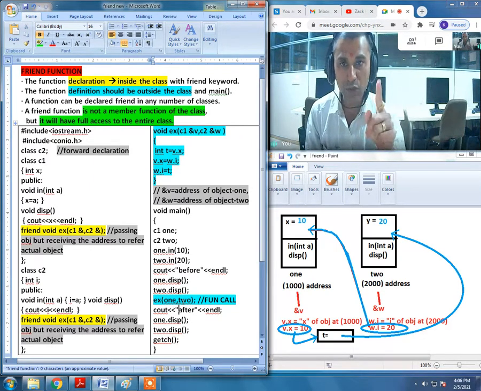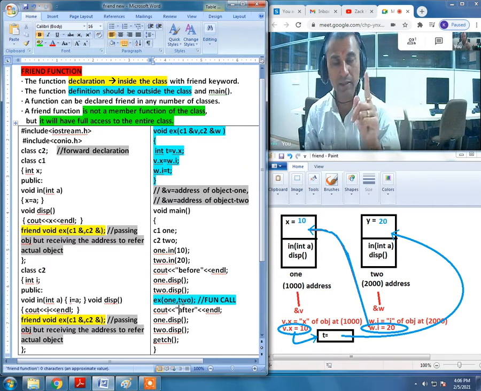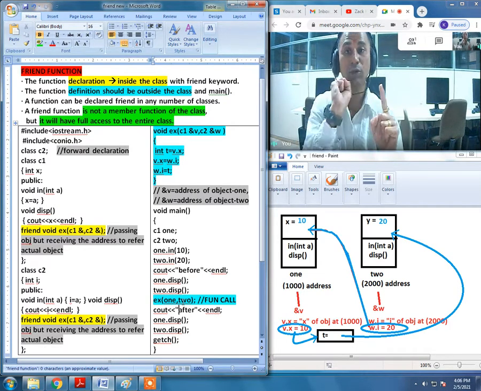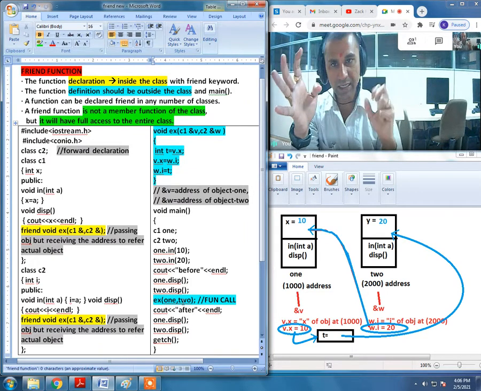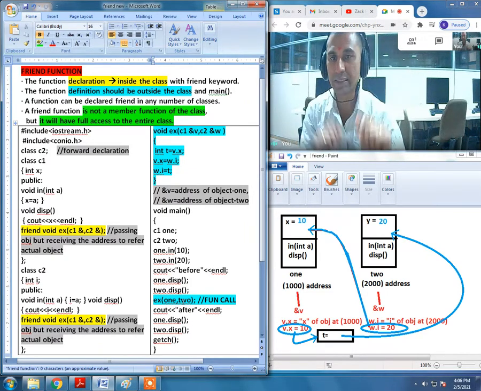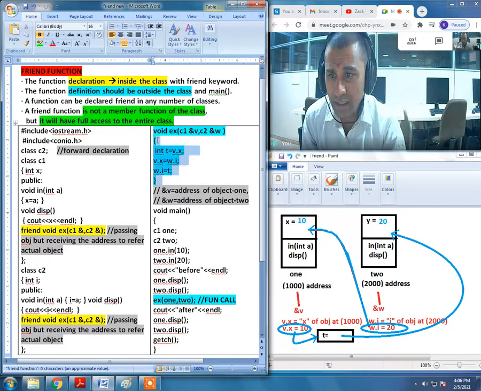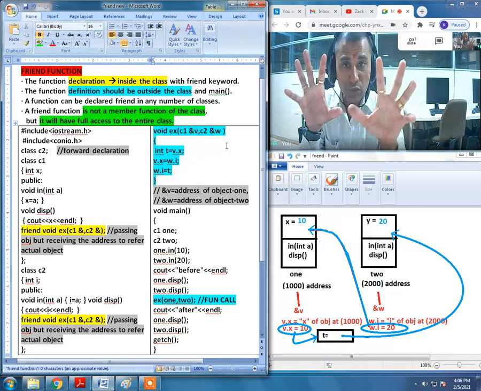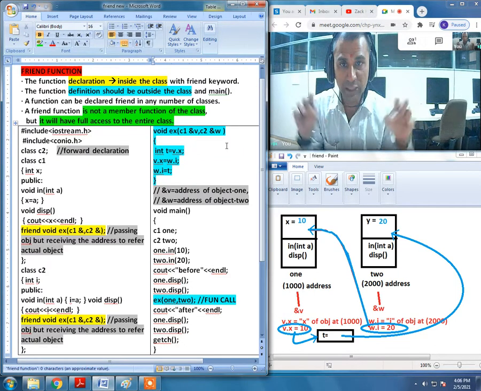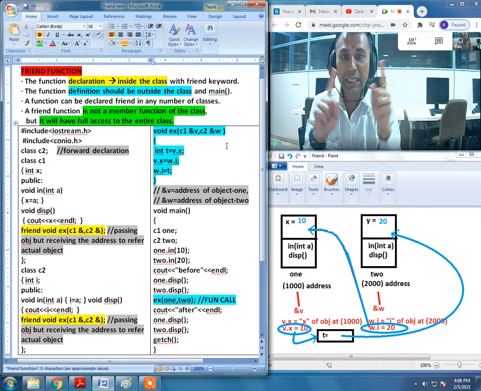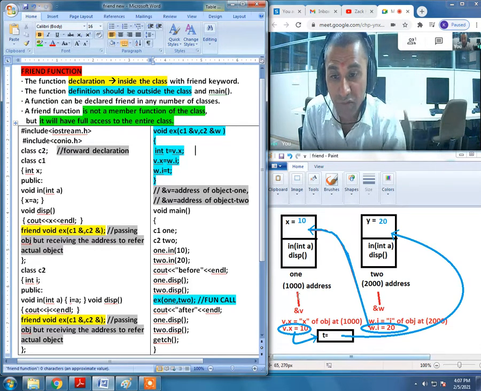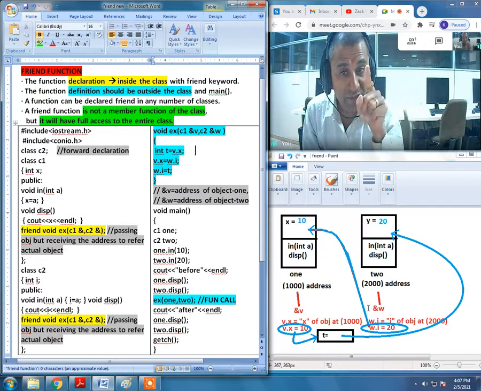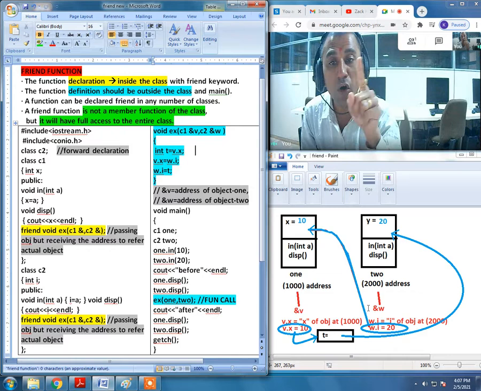That is a function call to the parent function, and as a first argument, we are passing the entire object 1. As a second argument, the entire object 2 is getting passed. But if you take a look at the definition, we are not actually receiving the entire object and copying into some new temporary object. Instead of that, V and W, right here, everyone, please take a look. Ampersand V and ampersand W, they both will start pointing at the addresses of the respective objects.